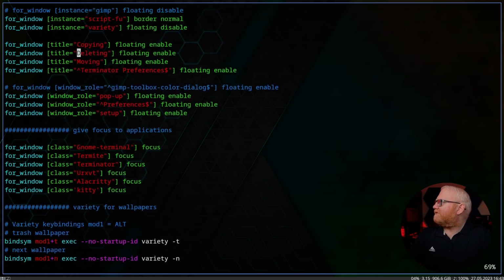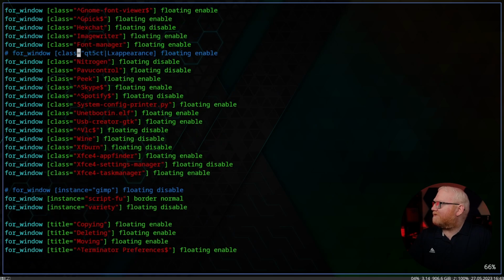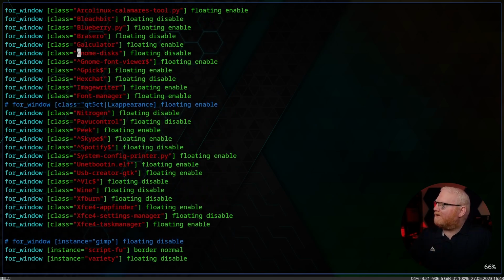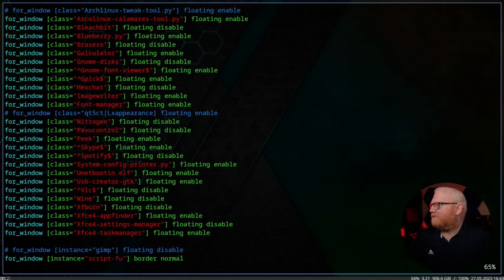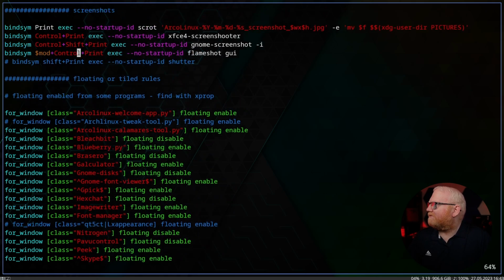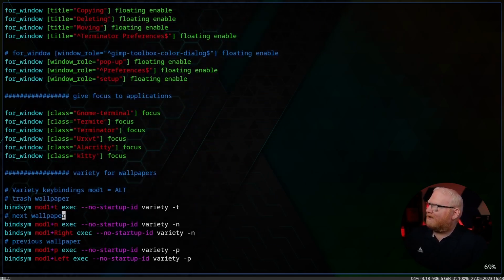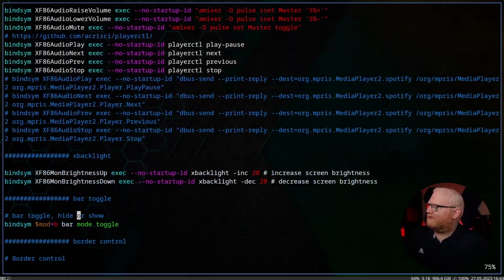But what I want to point out is just look at all these rules that they have here. And granted, a lot of these I'm not going to need, but these are really things that you have to think about a lot more when it comes to a tiling window manager. And also just things like